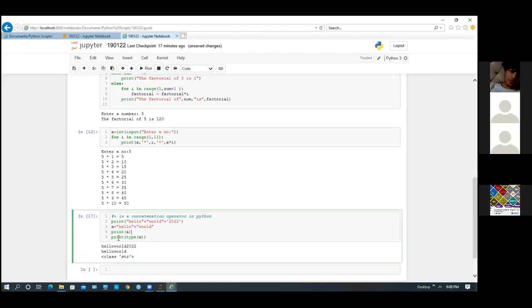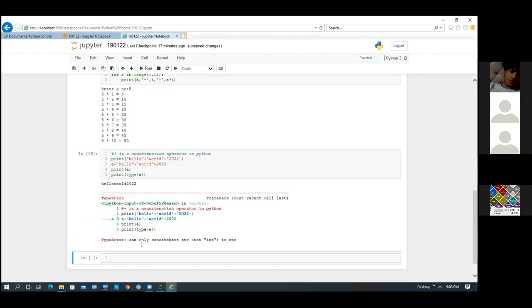So that means printing with comma is okay, but when I want to assign values into a particular variable, then this will be an issue. See, we will get an error. If we want to concatenate two strings, suppose first name and last name, and store it in a name variable, and if mistakenly I put some integer value, then it will give an error.